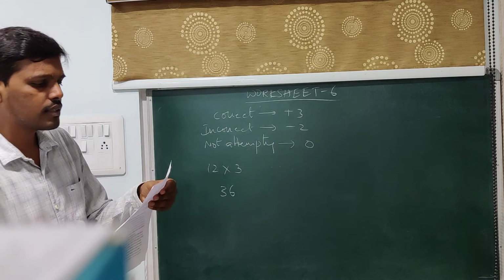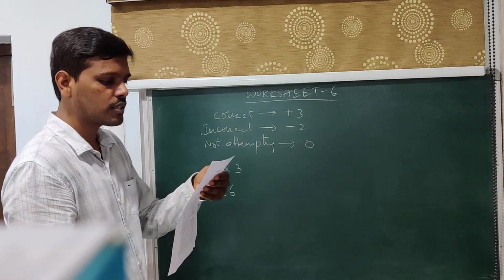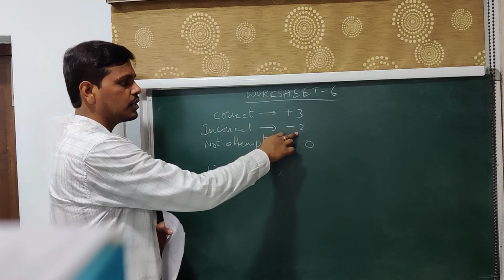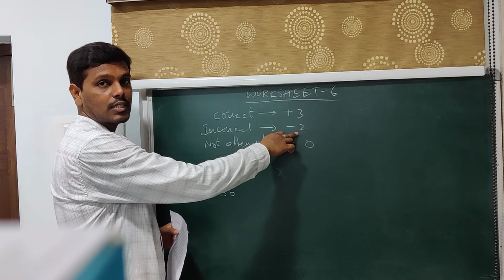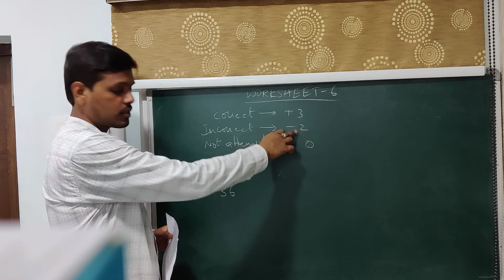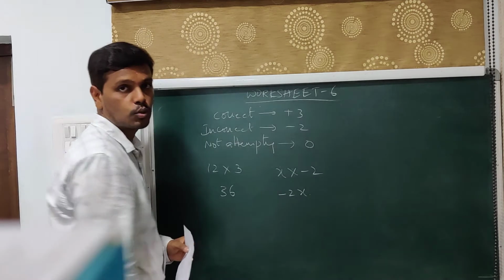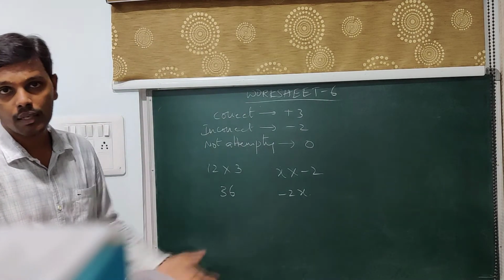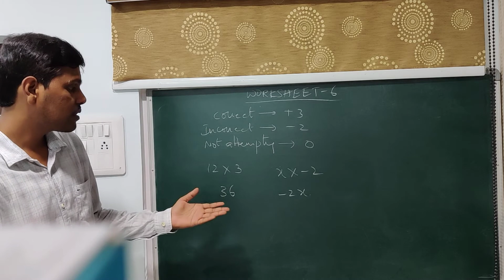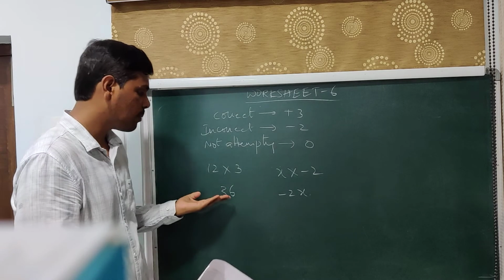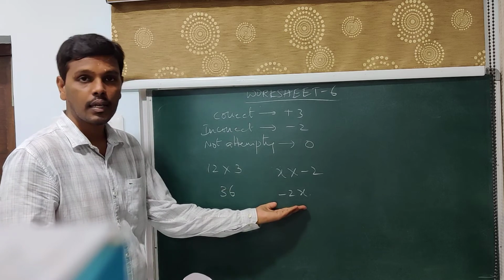Okay, so let us assume that the number of questions she has attempted incorrectly is x. On one question she gets minus 2 marks. On x questions she will get minus 2x. That is x into minus 2, which is the same as minus 2x. Now when we say the total marks she has obtained, it means the summation of the marks obtained on correct answers and the marks obtained on incorrect answers.